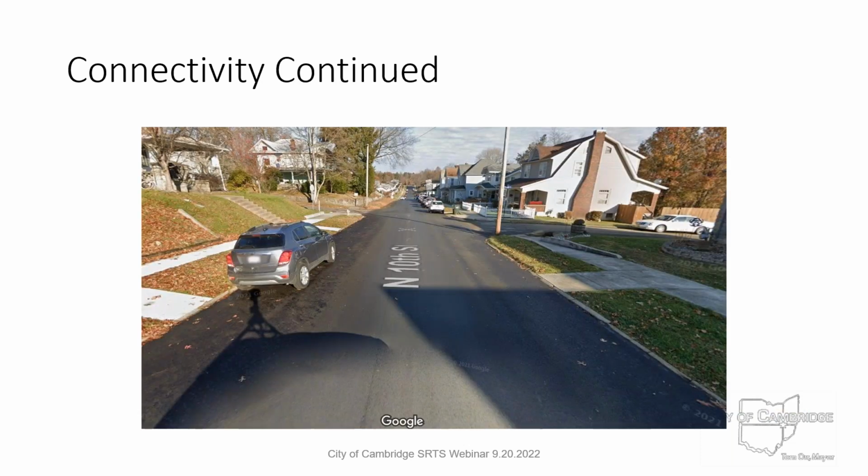If you go to the next slide, you can see we connected on the north end as well. You can see the sidewalks over here that are a little dirty on the right side of the photo, but they're still ADA compliant. They were completed recently. So we connected the North 10th Street project to these sidewalks that, if you continue north, you can go to the elementary school that was in that first photo. So we've just been focused on connecting our sidewalks to give a safe route to school for the kids.